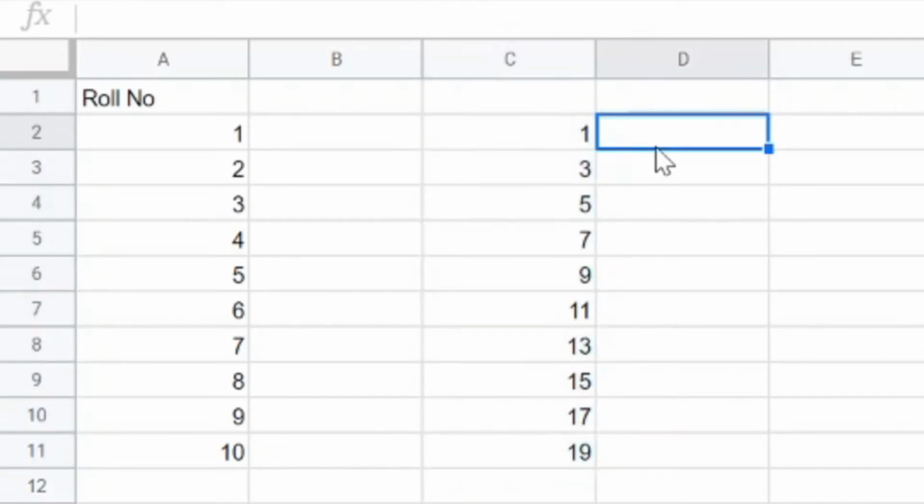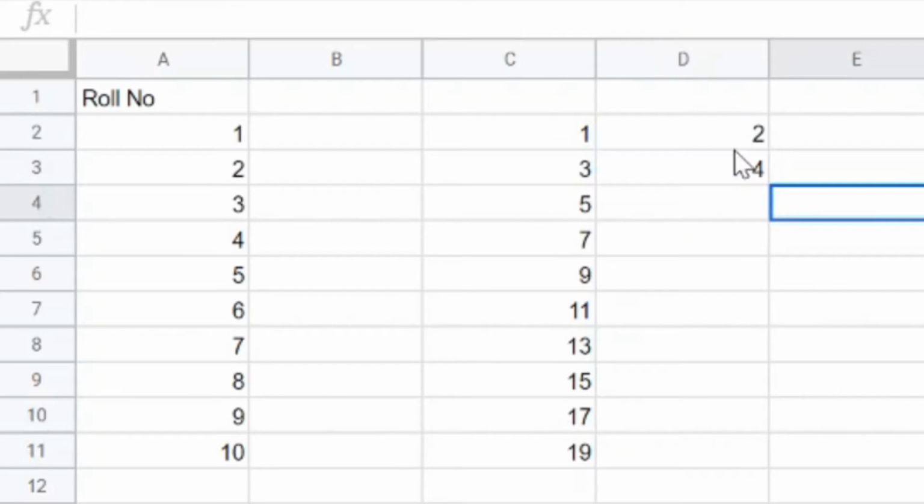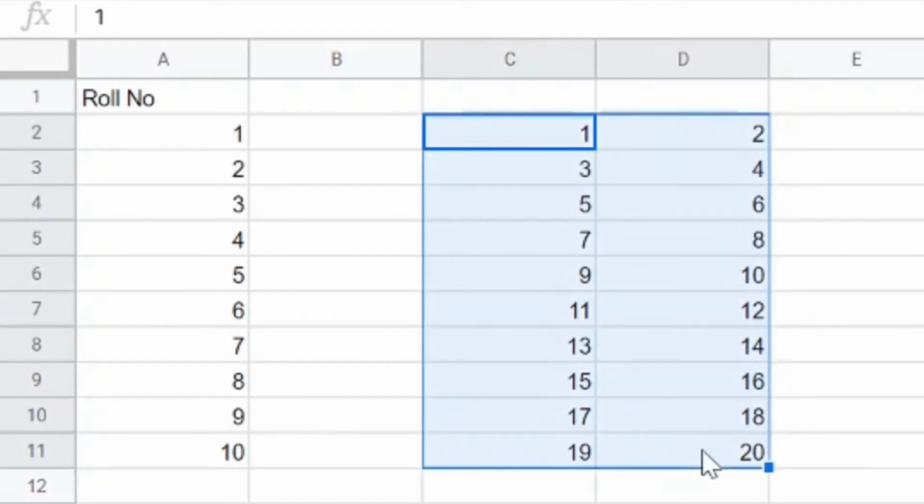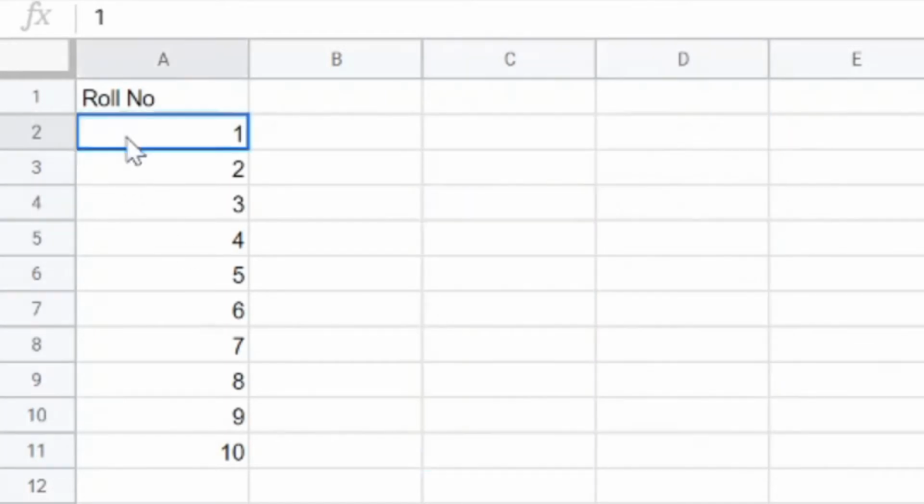If we want the even numbers, first of all I have to write the first two numbers of the series, 2 and 4, then I can select them and use the autofill feature. And the autofill feature doesn't only apply to numerical values, we can use alphanumeric values also,